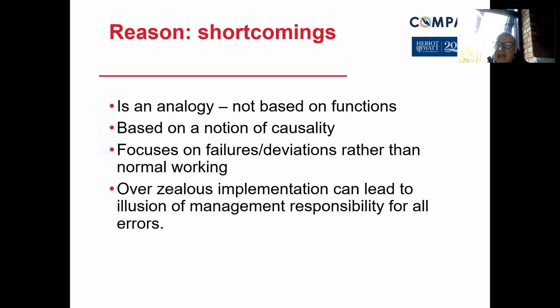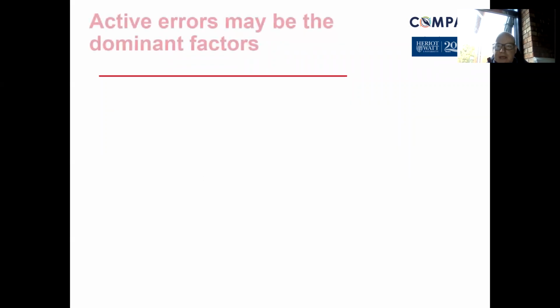So that overzealous implementation sometimes can lead to the illusion to management, and therefore there are errors that are perhaps not going to the attention of management for fear of the finger pointing, or for fear of getting it wrong, or just trying to look good in front of others. So there are those aspects of project failings due to the people involved making a decision and wanting to say to others, look at me, I'm good at my job. So there are errors associated with that need to be thought about.